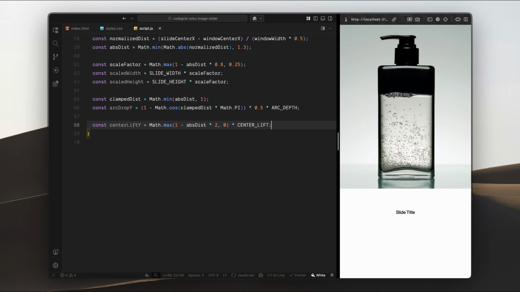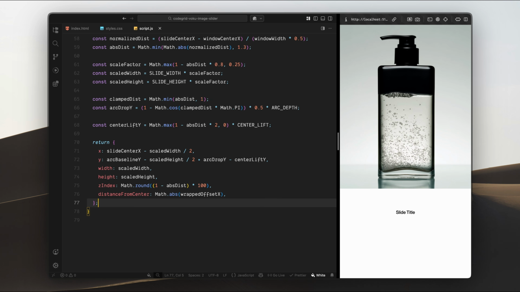And third, the center lift. This is a small bonus that pushes slides near the very center a little higher. It only kicks in for slides that are really close, within about half a viewport width of center, and it fades out quickly. Finally, the function returns everything the layout needs: the X position centered on the slide scale width,